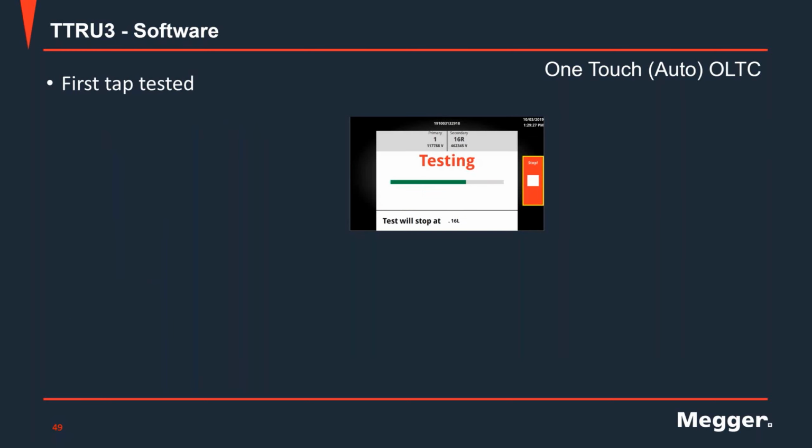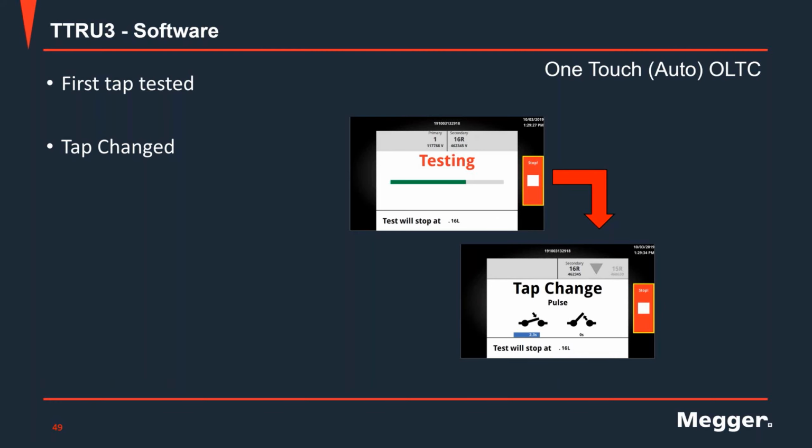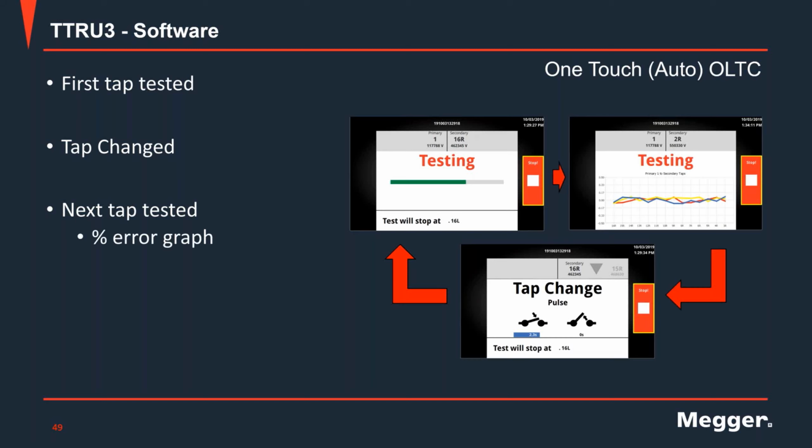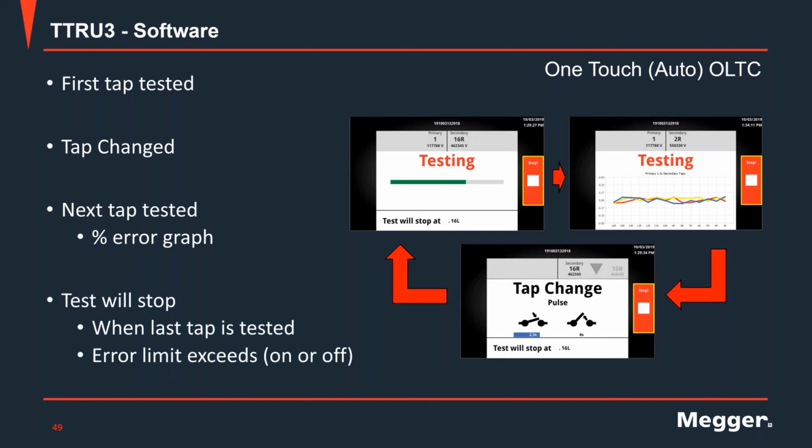The first one is testing the first tap you indicated. In this example it is 1 on the primary, 16R for the load tap changer. Then the unit automatically, without you doing anything else, will do the tap change. It will go back to testing, showing you now, in this case, 1 and 15R. Once it has more than 2 taps on the testing screen, it will show a graph of the results, and it will continue the cycle until it reaches the last tap that you indicated in the settings,